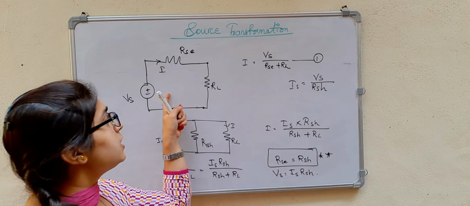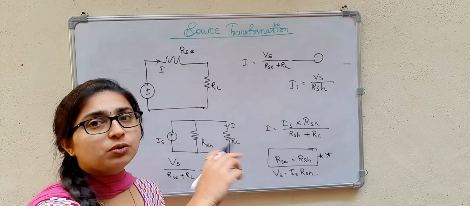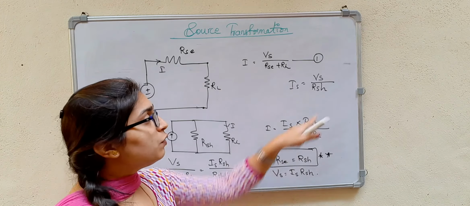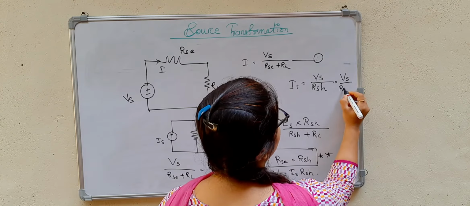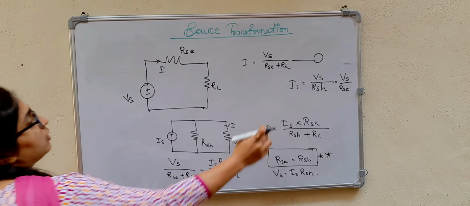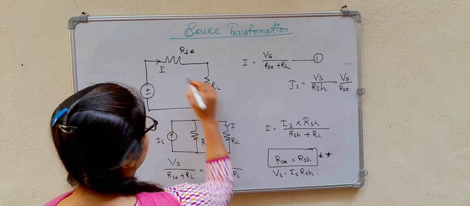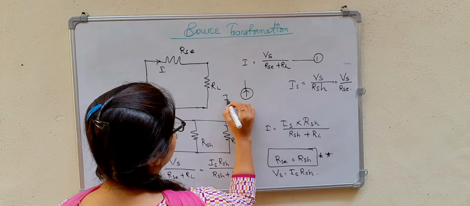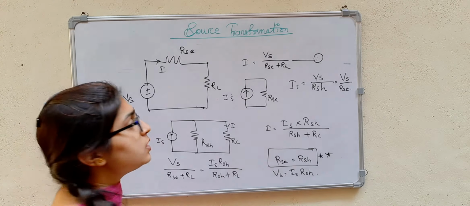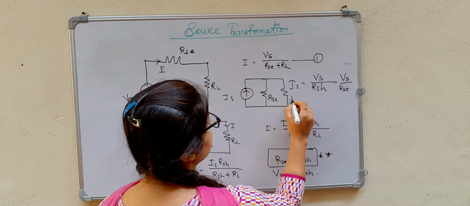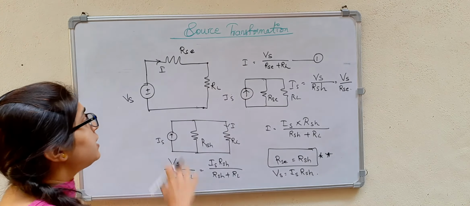But in the circuit we have Vs and RSC. So if we have to convert this into a current source, then we have to write it in terms of Vs and RSC. We also know that RSH is equal to RSC, so we can substitute this as Vs divided by RSC. This is the current. So we can convert this as current Is. Then you have the internal resistance in parallel because it is a practical current source. Then the load, this is RL. So we can just convert the voltage source into a current source.